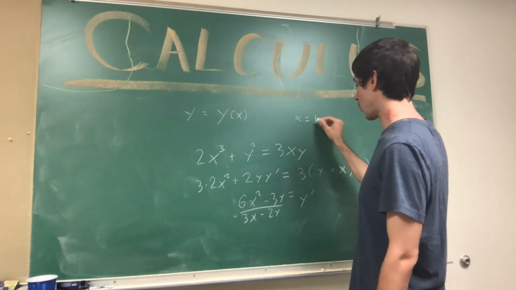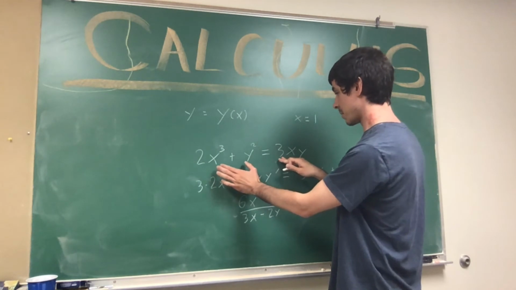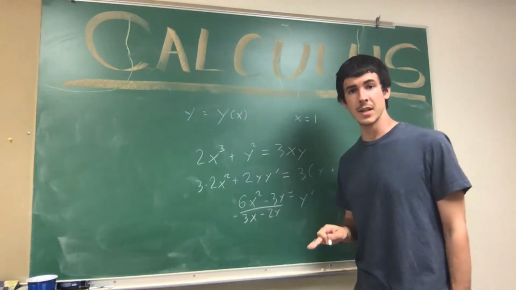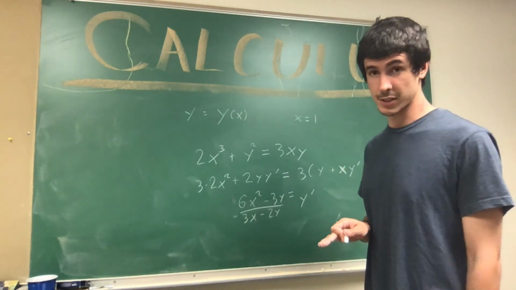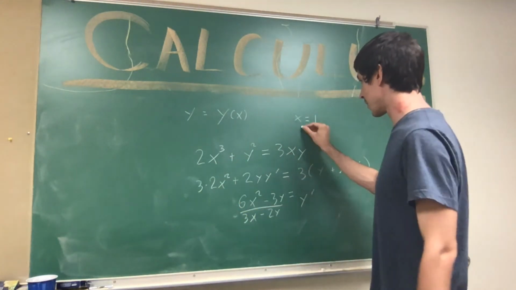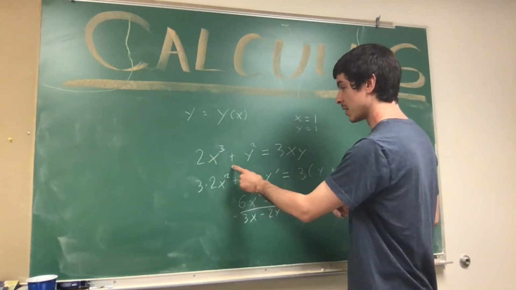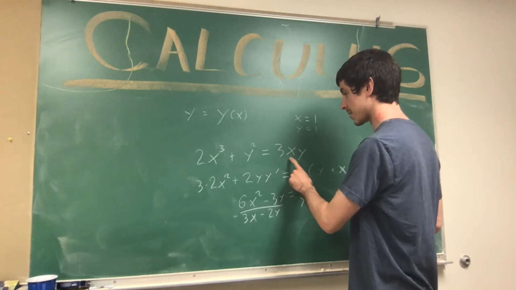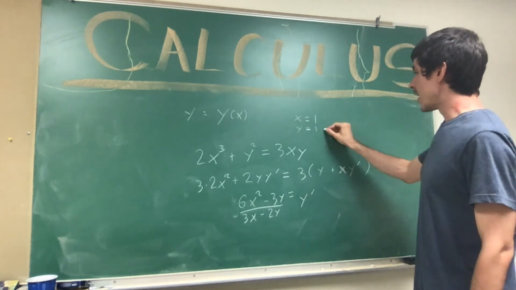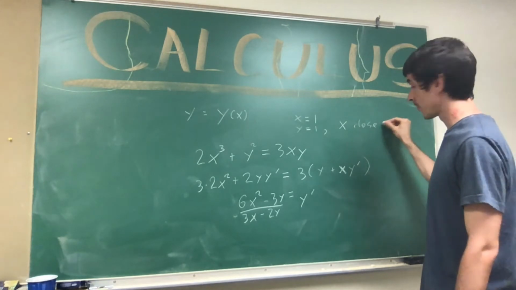x equals 1, and by the way, I highly recommend implicitly graphing this in Desmos, and I'm sending instructions on how to graph implicit functions for Desmos. But this defines a curve, and the point x equals 1, y equals 1 is on this curve because 2 times 1 cubed plus 1 squared equals 3 times 1 times 1. So this point is on the curve, and then if we have a point x close to 1,